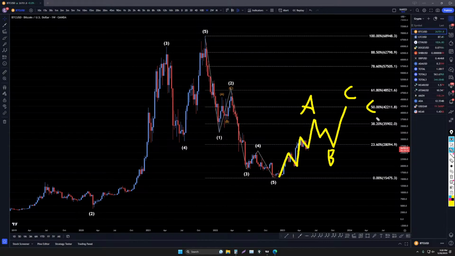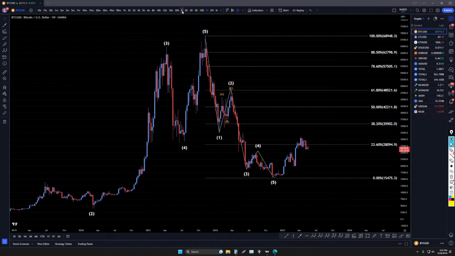I still think the $42,000 area is my most likely area because we have this touch, we have that touch, we have a bunch of touches right there. Even the 61.8 though has something right there, has a resistance there, has a resistance back there. So I still think that one of these two levels is going to be very likely to be hit on Bitcoin. So we'll see.